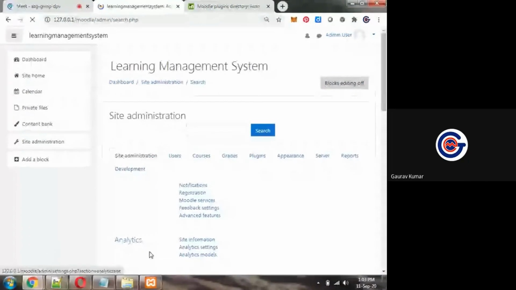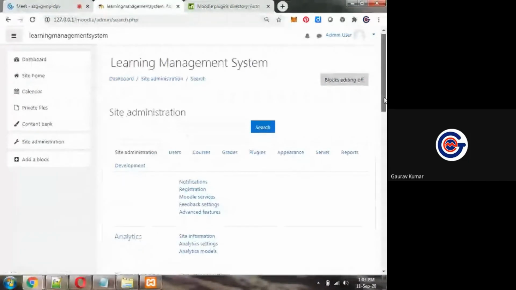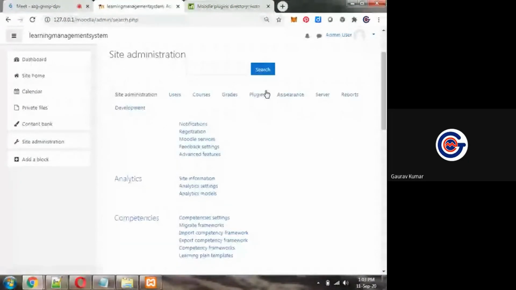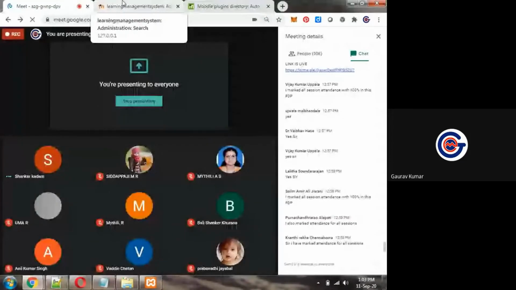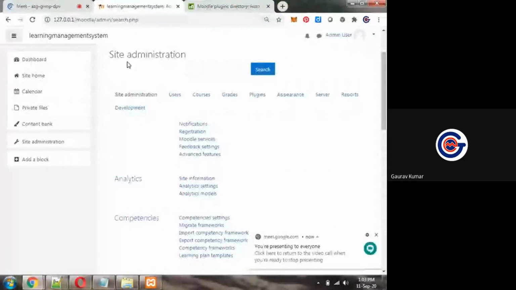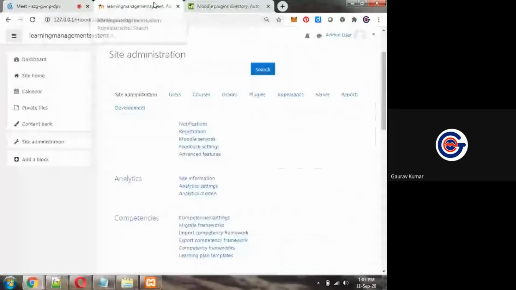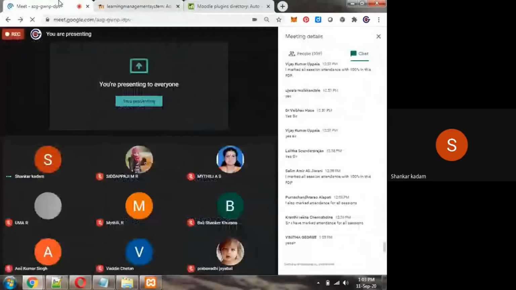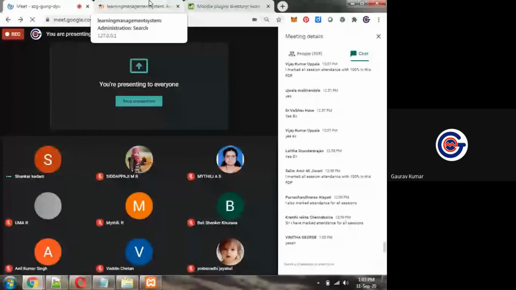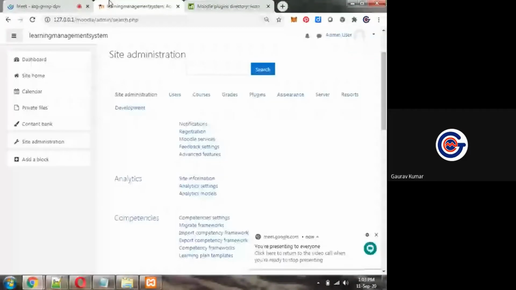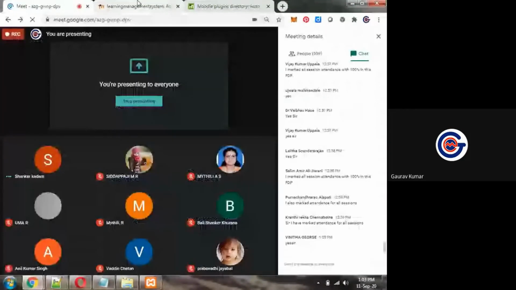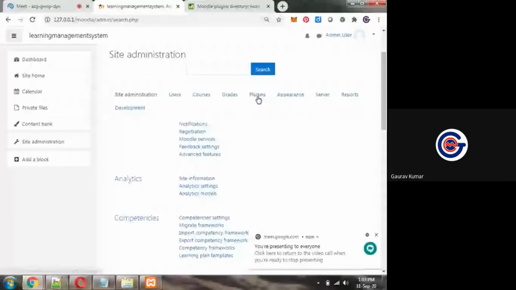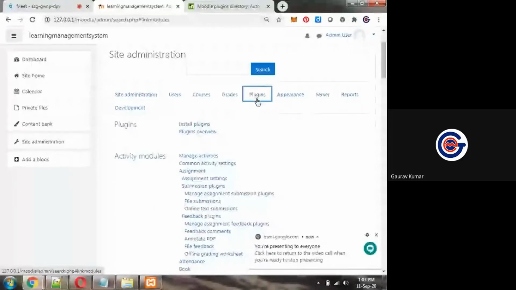Is it visible to all of you? After downloading the plugin from Moodle plugins, we will come to site administration. In site administration, we will come to plugins.